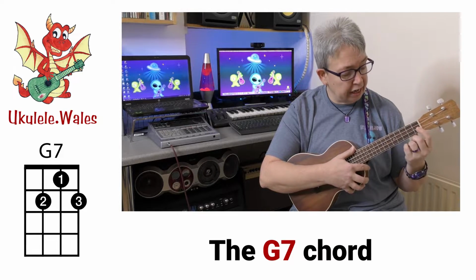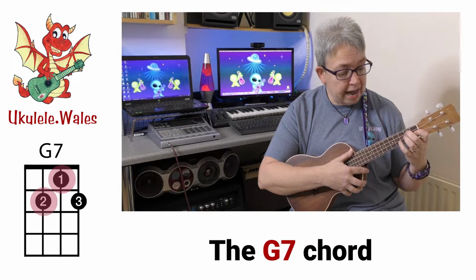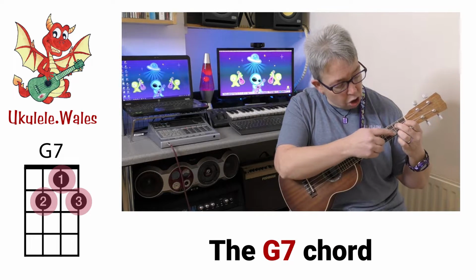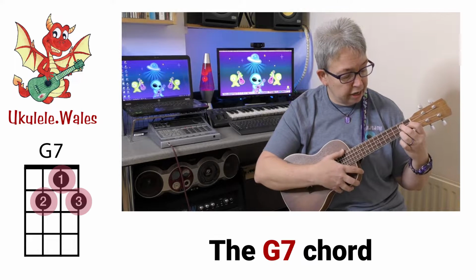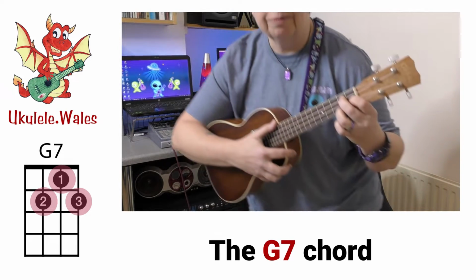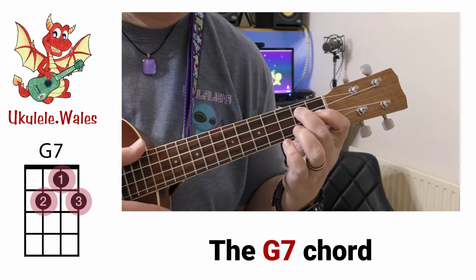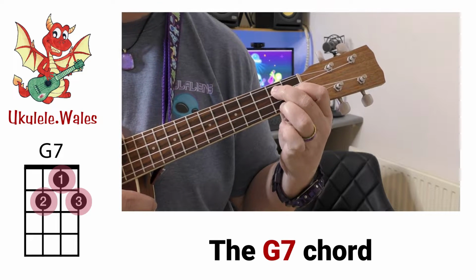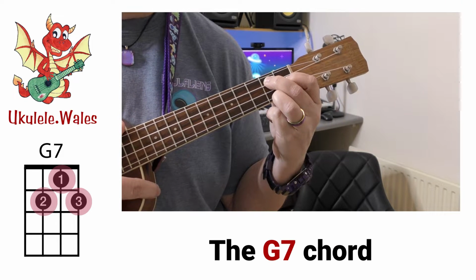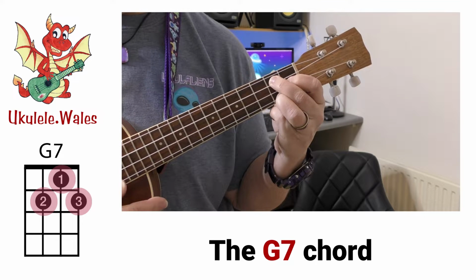So we're going to put our first finger, first fret on the E string, our second finger, second fret on the C string, and then our third finger or our ring finger onto the second fret on the A string, and it should sound alright. I'll come in a little bit closer. So there we go, first finger, first fret on the E string, second finger, second fret on the C string, and then I know it's a bit tight, but you've got to tuck your third finger in onto the second fret on the A string, and then if you just pluck the strings one at a time, you know then